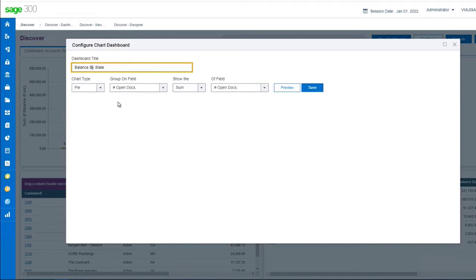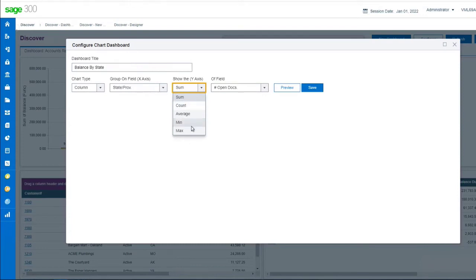I have multiple chart types here, but in this case, I'm going to use a column chart. As with all charts, we have an X and a Y axis to show the value of the data in the chart based on the type of information. I wish to group the information in this case by state. I would like to show the sum, and although I have other values here I could use if they were relevant,